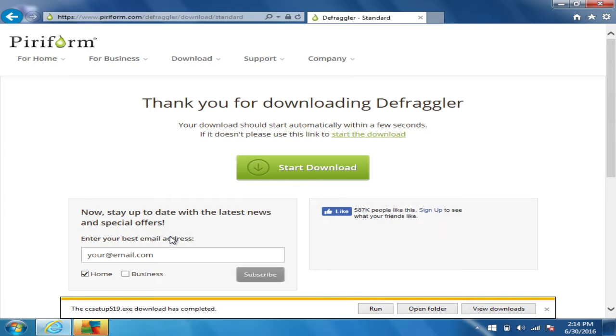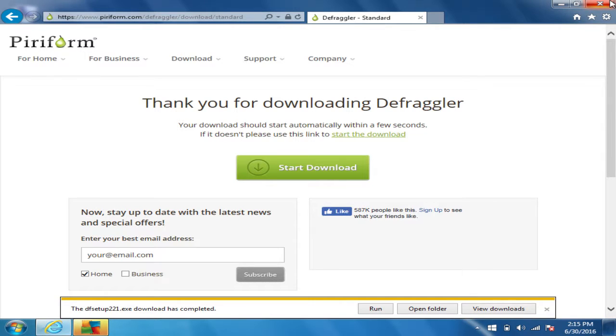But not only that, Defraggler also has the option to shut down your computer after it's done defragging, or to even just close the program after it's done defragging. So say it's the end of the workday and you want to run Defraggler and just have your computer shut off afterwards, you can do that without having to go in and manually set a task in your task manager to shut down your computer after so much time.